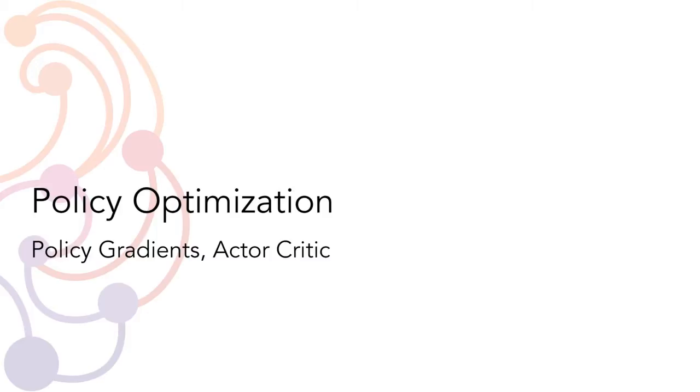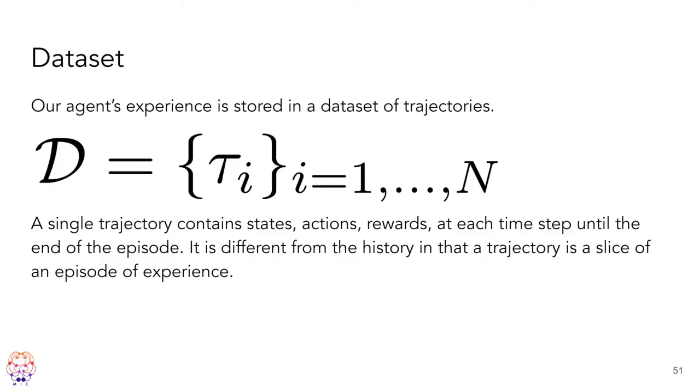All right. So we'll talk about policy optimization. First, to do that, we have to define our data set. And we'll just say our data set equals a bunch of trajectories. A trajectory is a bunch of tuples, state, action, rewards, at each time step. And we consider one trajectory to say how long the agent in Super Mario goes until it dies. That's one trajectory.